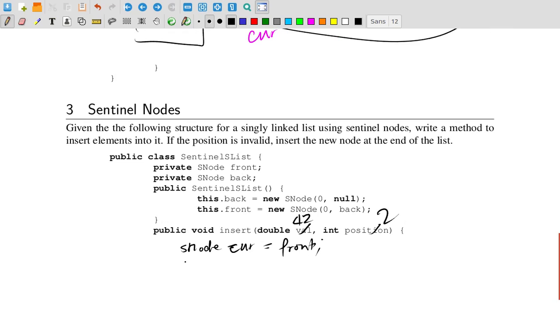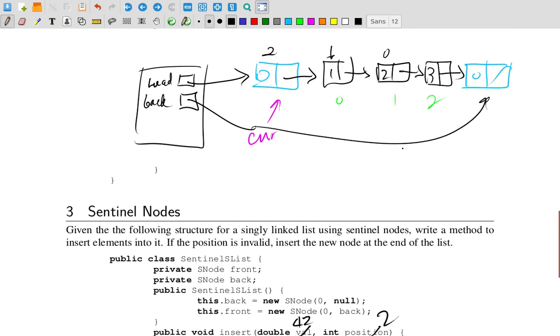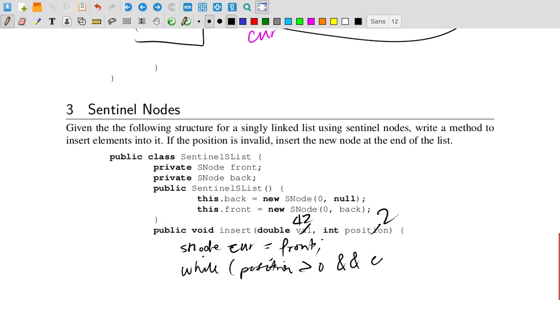We'll say that, again, while position, in this case, has to be bigger than 0, because when we get to 0, we want to be ready to insert into the list. And in this case, because we have this sentinel node in the back here, literally called back, we can say that while cur, which is our arrow, is not equal to back,